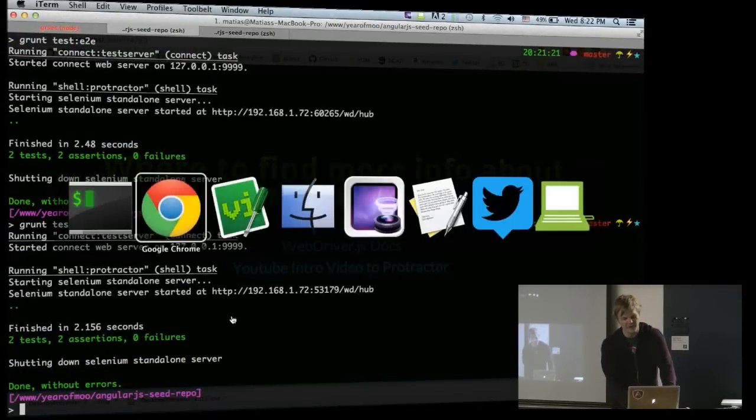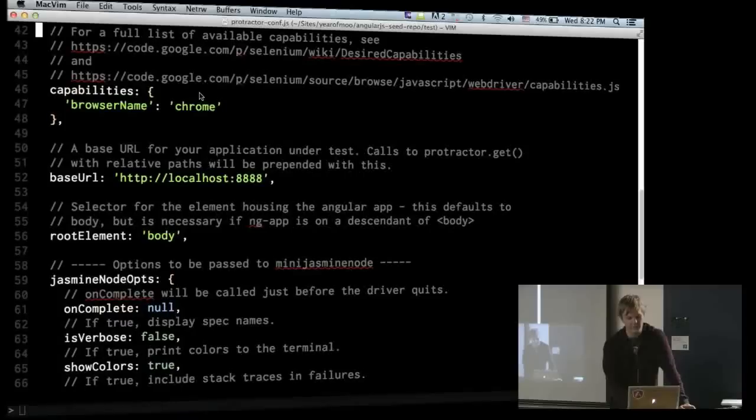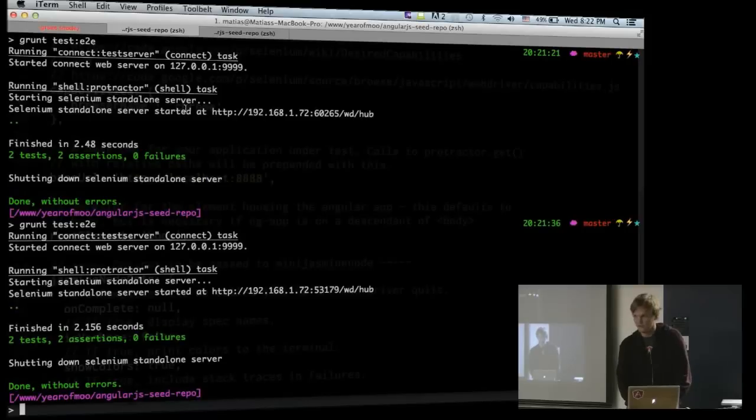So if we look in the actual test file for Protractor, you can see here we have capabilities that we can pass in other browsers. Put Firefox and PhantomJS and so on. Now, typically for your development flow, you would have just Chrome, but then when you want to actually test your entire application, you put all the other browsers you want. And the way that WebDriver works is it has a URL that if you were to connect with your iPhone, you could test it. So let me show you how to do that with